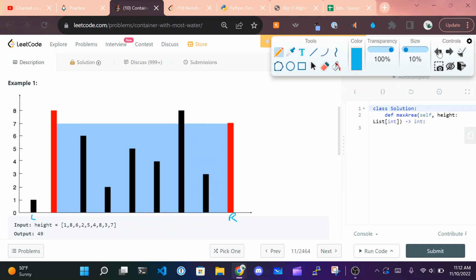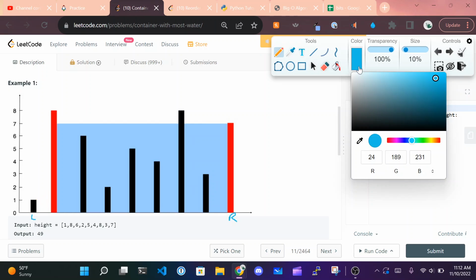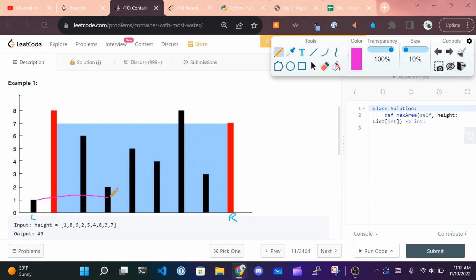Hopefully that makes sense. And then what we're going to do is have the pointers at the opposite sides of the array, the start and the end, and then we're going to calculate the amount of water that it could hold, right? So for these values, let me do it in a different color than blue so you can see the contrast. It would be this amount of water, right? It would be 1 times whatever this distance is,